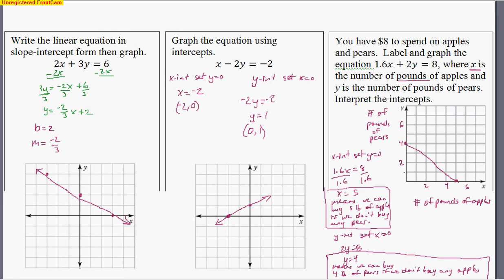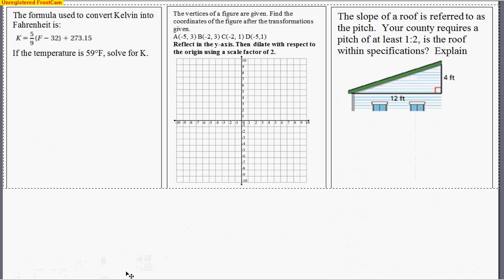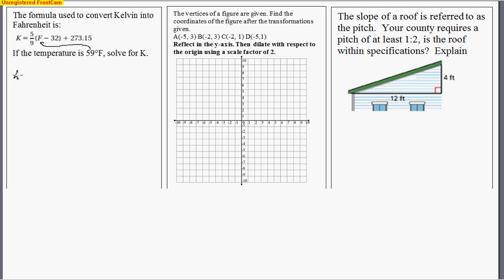Now let's take a look at our next problem here. And here it just says the formula is used to convert Fahrenheit into Kelvin, and it gives us that formula. And we're supposed to take, if the temperature is 59 degrees Fahrenheit, solve for K. So we're just going to substitute. Substitute 59 in for the degrees Fahrenheit into that variable, and I'm going to go ahead and put 59 minus 32, and then plus the